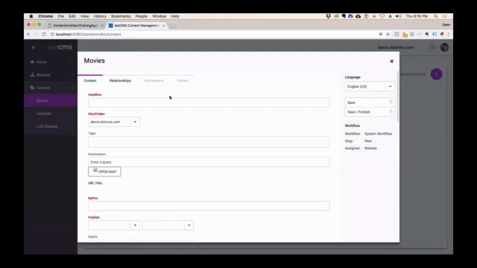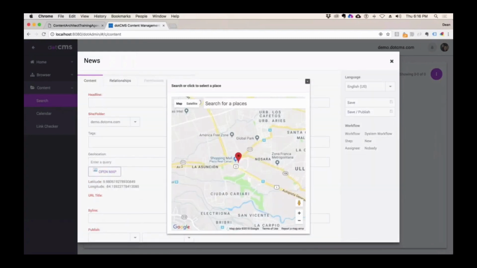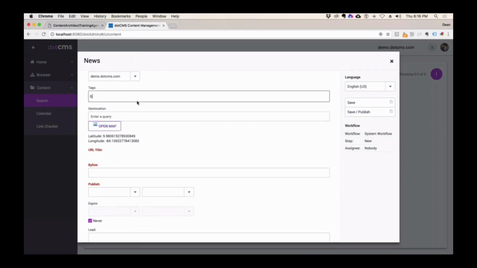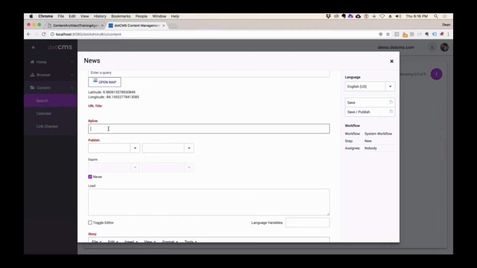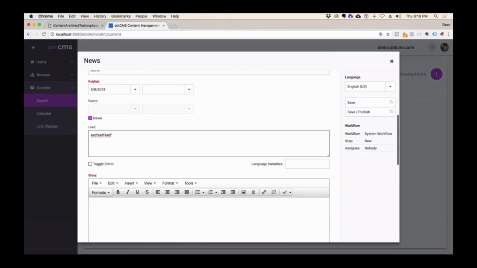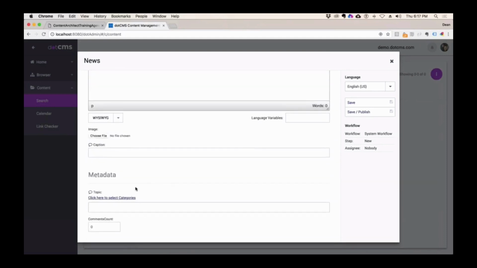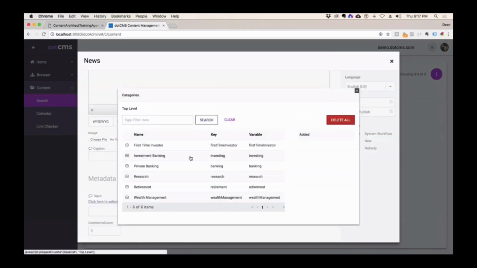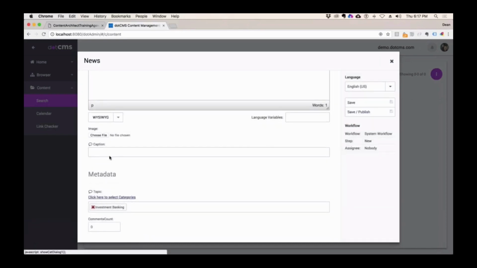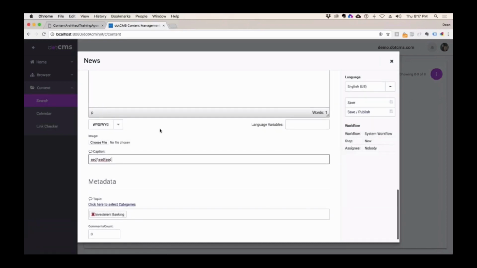It respects my geolocation. I can open up my map and find myself. I'm right here in Costa Rica, and add whatever tag. If I put great, he has access to the great acting tag. Put in some new story. And click here to see if he has access to the topic category. He does. He can make something about investment banking, put a little caption down here, choose an image or file,